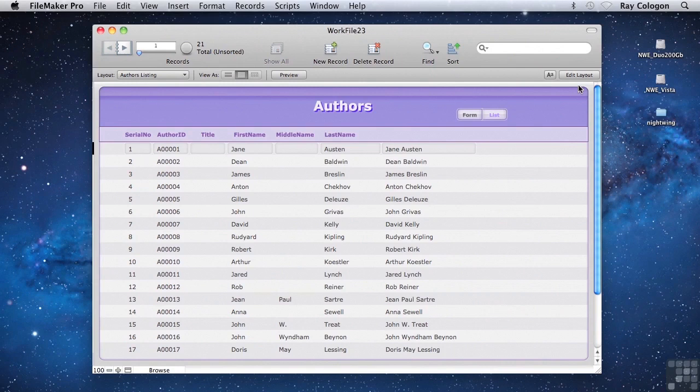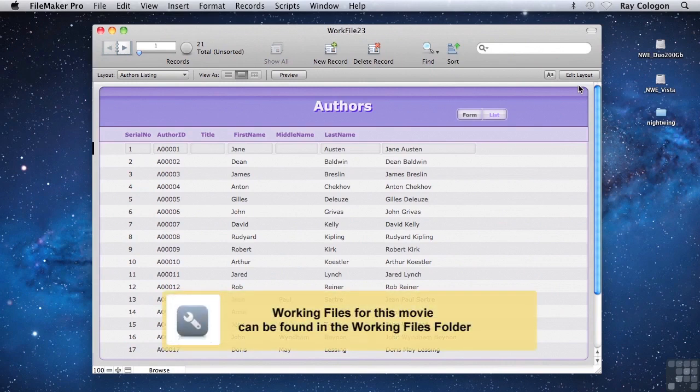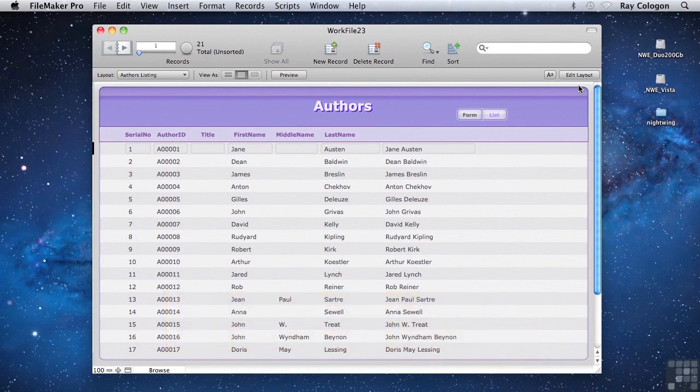In a previous lesson, I set up an onLayoutEnter script trigger to run the ViewAuthorsListing script whenever I navigate to the author's listing layout. However, while the trigger worked, it showed one of the potential gotchas of using script triggers. Triggers will be set off by scripts as well as by user actions, and in this case, under certain circumstances, the script included a step that navigated to the layout where the trigger was active, causing the trigger to fire